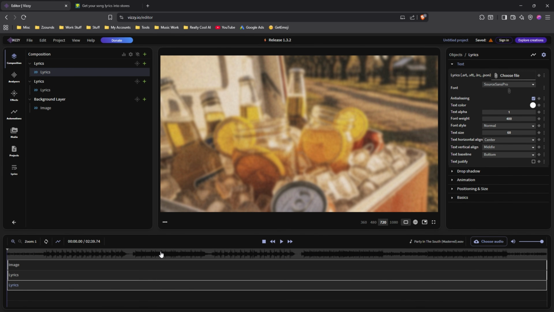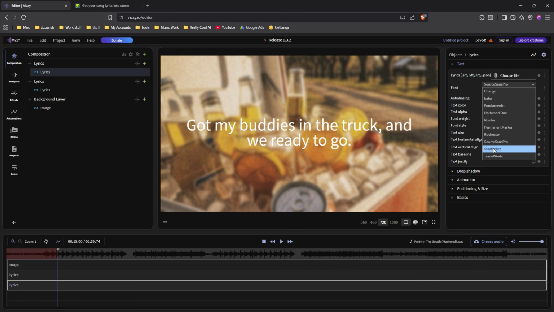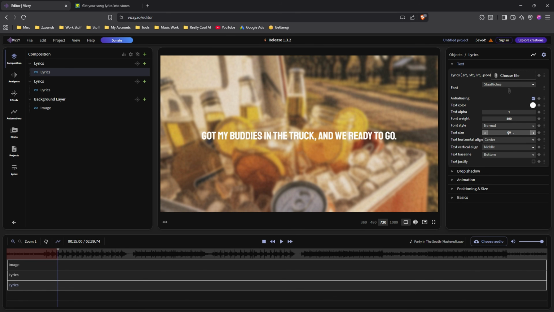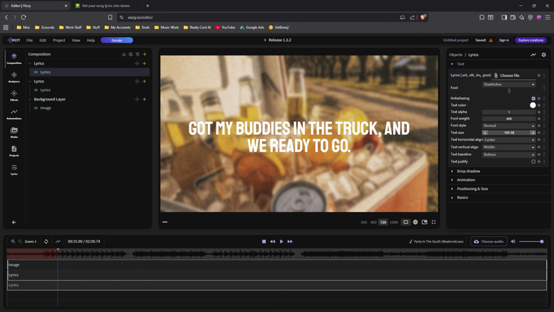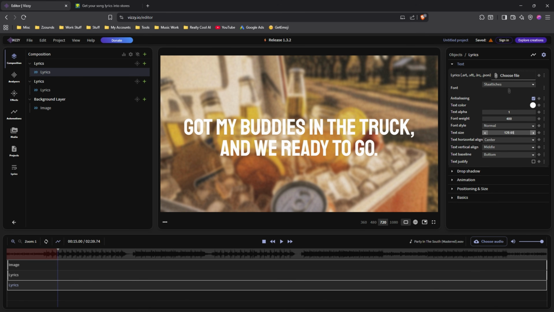So here's the fun part. Because it added another lyrics track, we can actually go up here and customize it now. So if we want to change the font, we can actually change the text size so it's a little bit bigger. And here's the really cool part about this: if you keep going bigger, it will stack it upon itself, right? So if you have a particular style in mind,